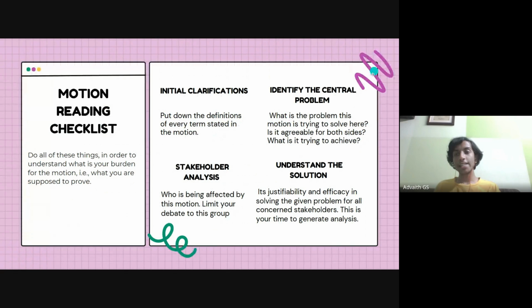The second step is identifying the central problem. This is a very important part of building your case, because then you'll be able to understand in what direction you should construct your arguments, right? What do you mean by central problem? What is the problem this motion is trying to solve here? Is it agreeable for both sides? What is it trying to achieve? So a central problem is something that a motion is trying to solve or a motion is trying to highlight,